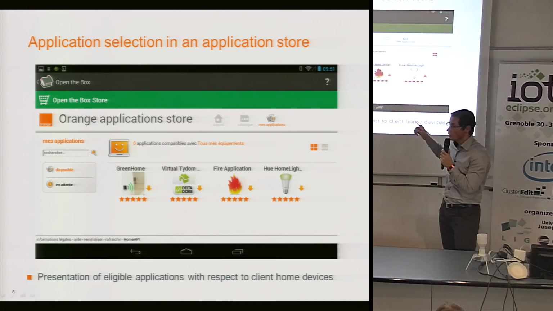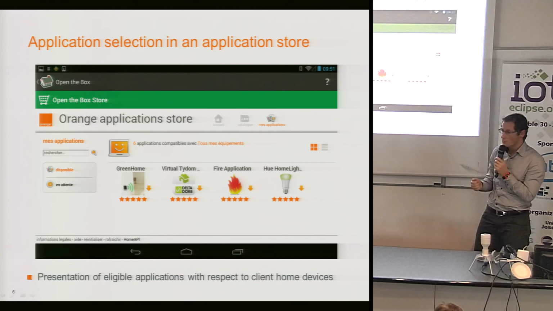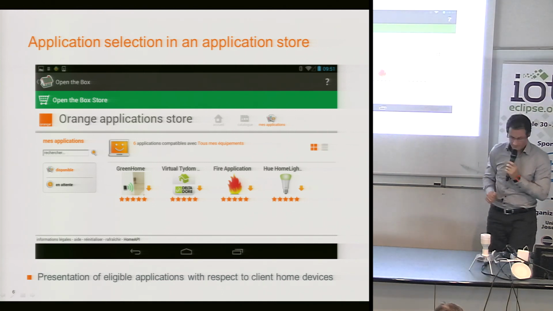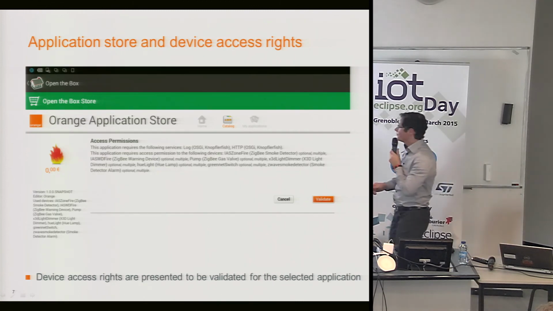And they are forced to do that because if they do not declare the device types they want to use, they have no access rights at all in the home. So they do that. So that's the first hint to simplify the customer journey.